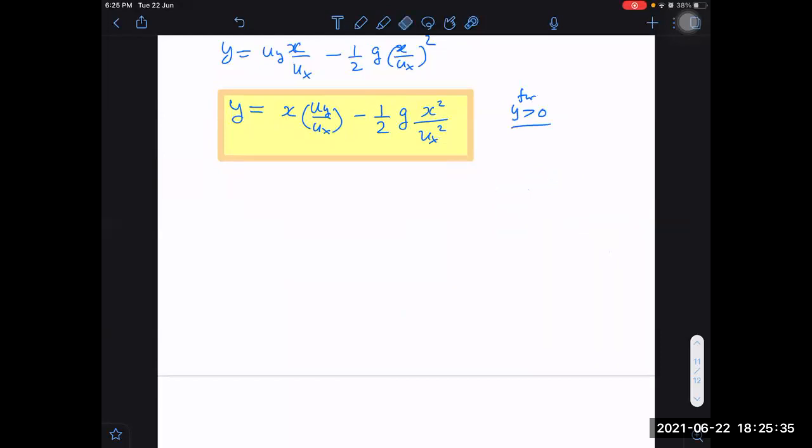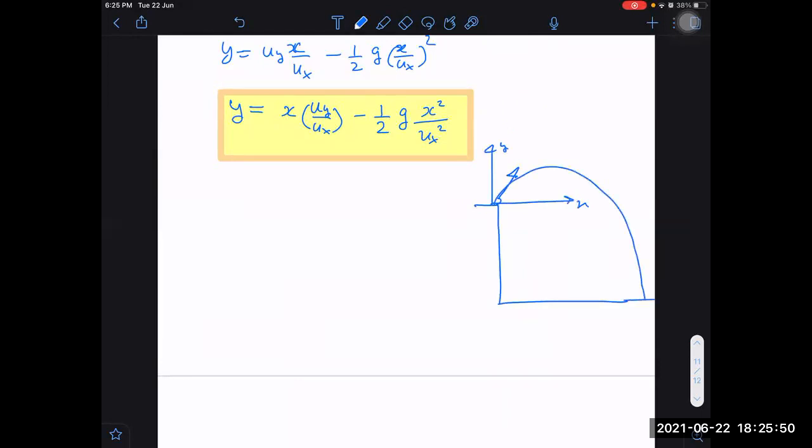But wait, not necessarily true. Sometimes it could be that part of the parabola which may be going below the x-axis also. Let me give an example. This is the top of the building. If I take this as the x-axis and this as the y-axis, then this may go below our x-axis also. Can it go below the x-axis now? Yes, because it is thrown from above and there's still space to go.